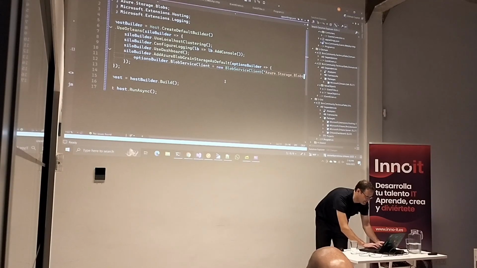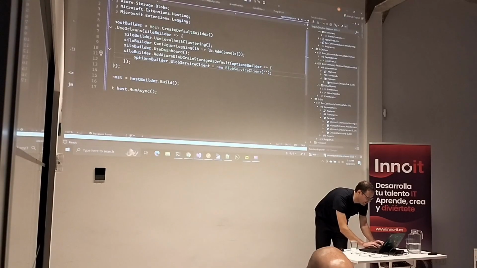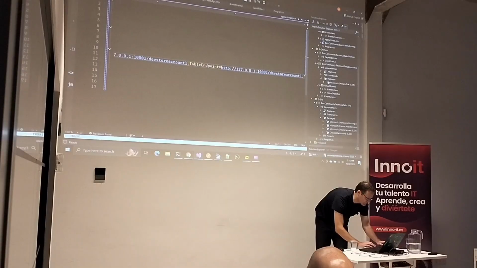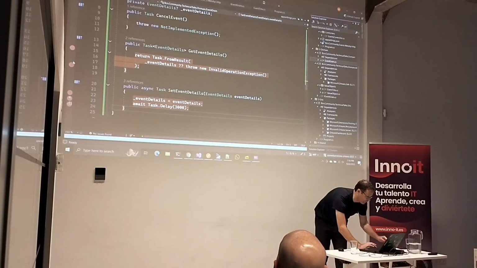And oh, this is not what I need. Paste it well. Control C and Control V. So, and so now we have storage hooked up to our silos, so it becomes available. But now we need to tell the grain that it's going to be